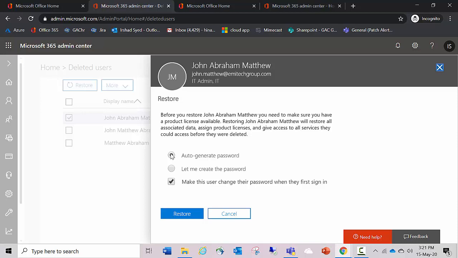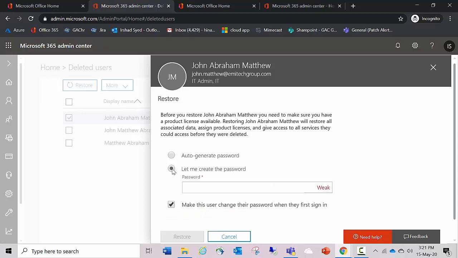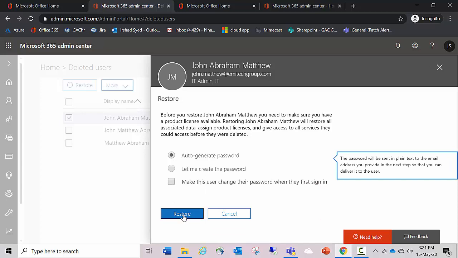If you want to generate the password automatically, you can simply click on auto generate password. Here I'm going to select the option auto generate password. Or if you want to set the password on your own, you can click on the second option. As I said in my previous videos, you can enable this option as per your choice, or you can disable it. Here I'm going to select the first option and restore this user.